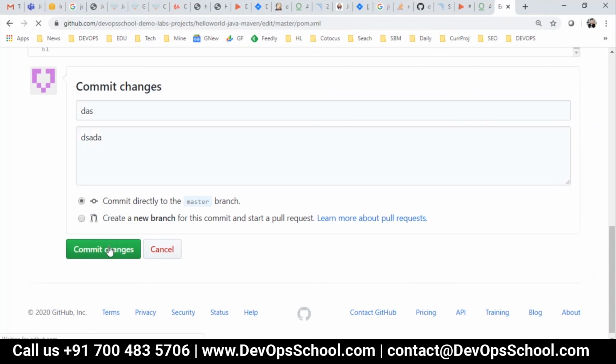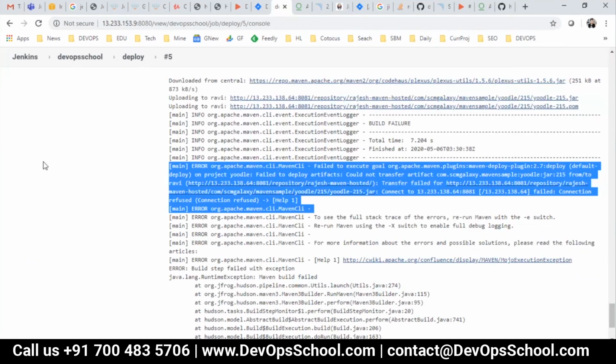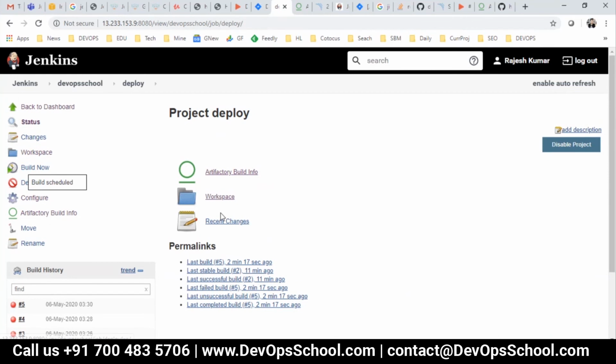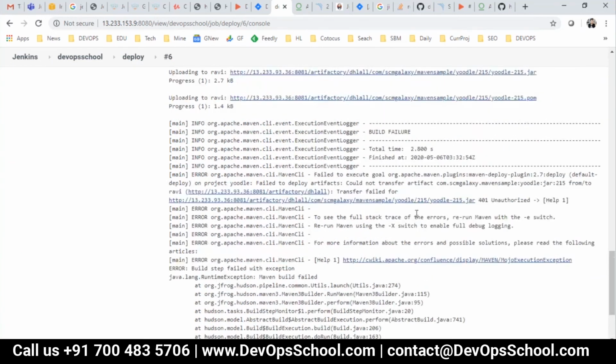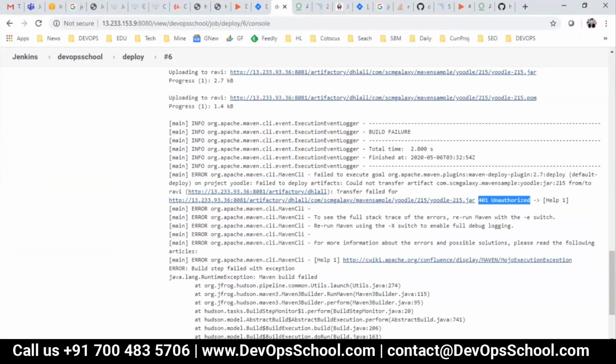Okay, see here, that error will go. Now we get a different error, which is expected, because the permission I've already set up. Build number 6, console output, test done, and this time you got this unauthorized access. So what I said, settings.xml. Can I do that? So go ahead and do that.